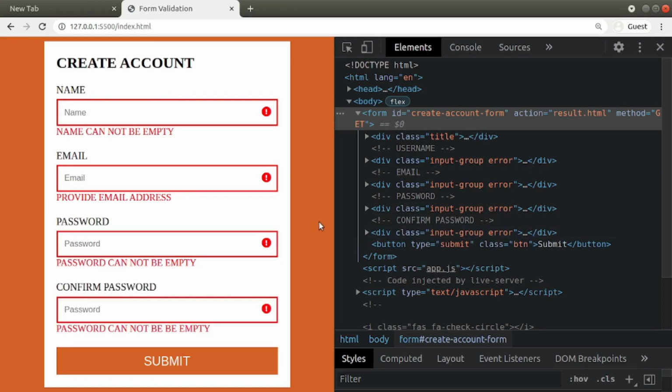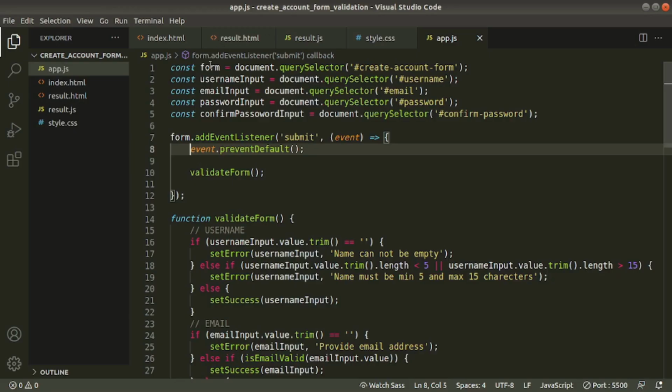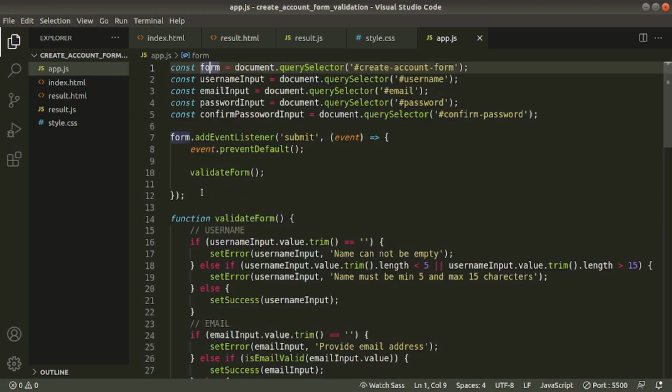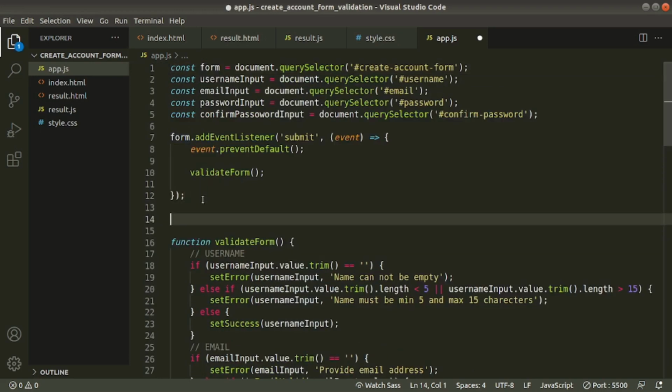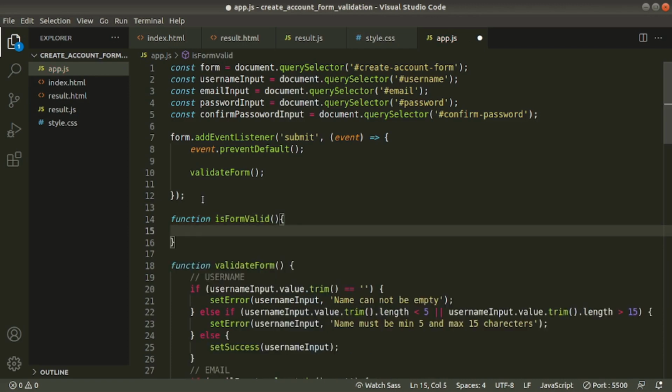Now go back to the editor. Here we need the form. We already accessed this one. Here I'll write another function that returns true or false: isFormValid. Inside this, we'll select all divs which contain our input fields.